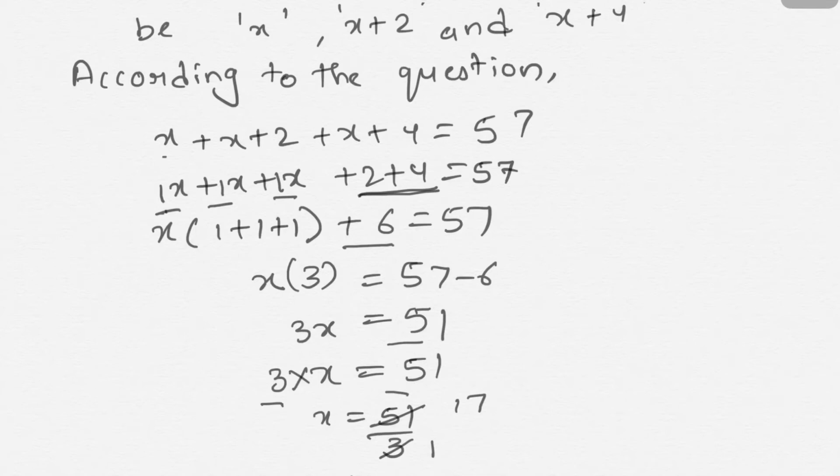Now the next two odd numbers we can find out. If you have taken any odd number, then just the next odd numbers to that are called consecutive to that odd number. In this case, x is equal to 17, the next odd number to this would be 19, and the next number to that would be 21. So 17, 19 and 21 are the three consecutive odd numbers, of which the summation is 57.